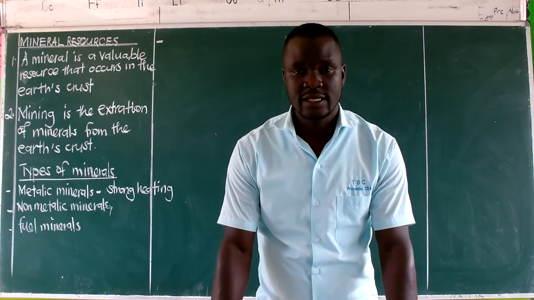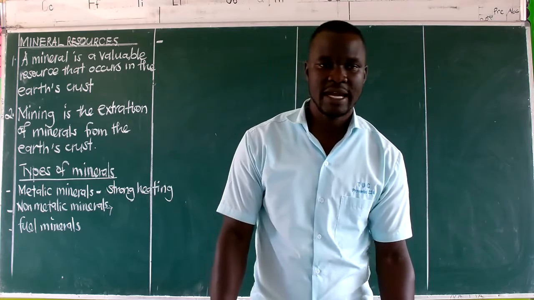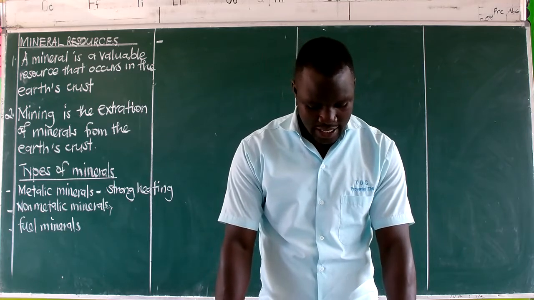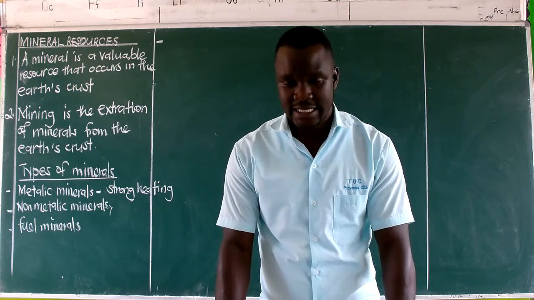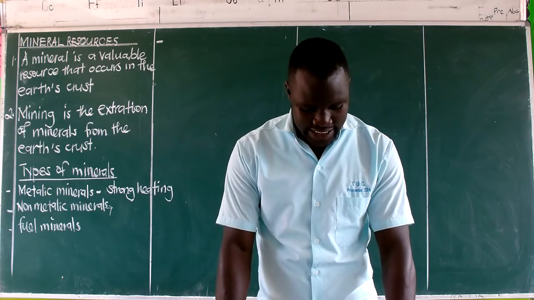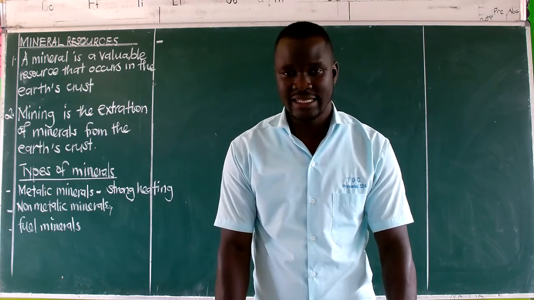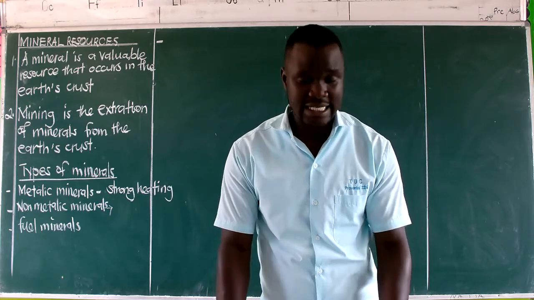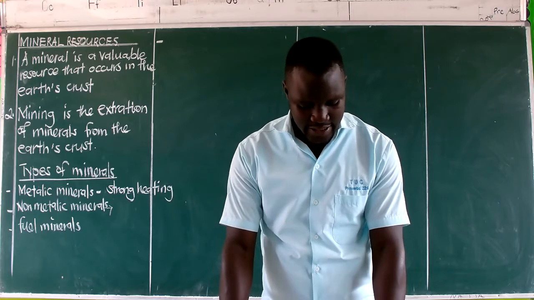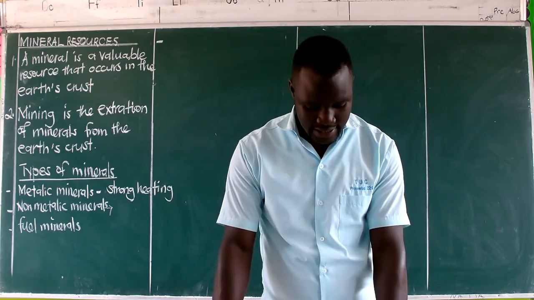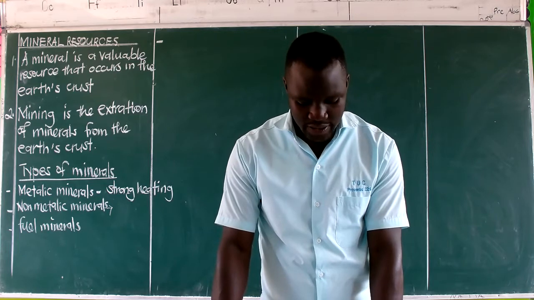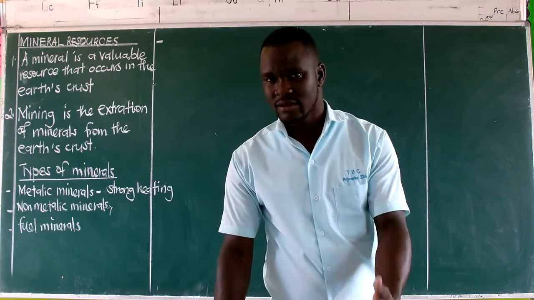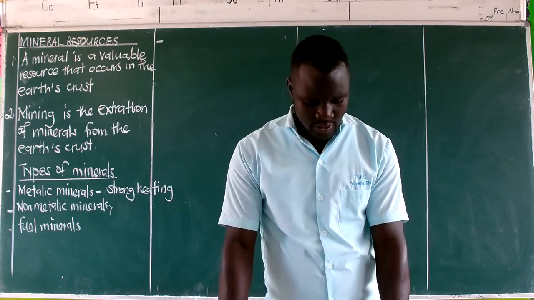Then we have salt. Salt in Uganda, we say it's mined from Lake Katwe, that is in western Uganda, and then we also have Lake Magadi in Kenya, and then we have soda ash, which is used for making glasses. Soda ash for making glasses, and this we get from Lake Magadi in Kenya. And we have diamond from Shinyanga in Tanzania near Mwadui, and this one can be used for making products like even padlocks, nails. We have those diamond nails. So those are the products.